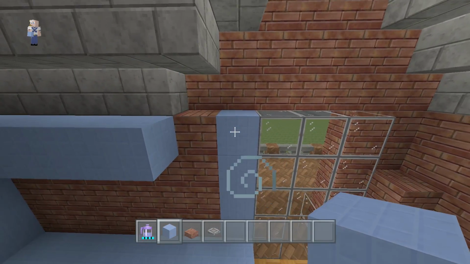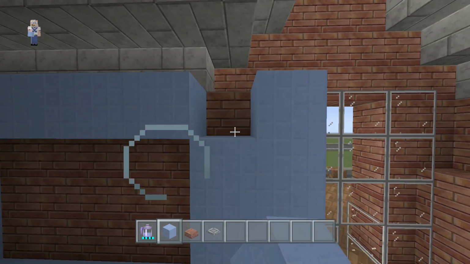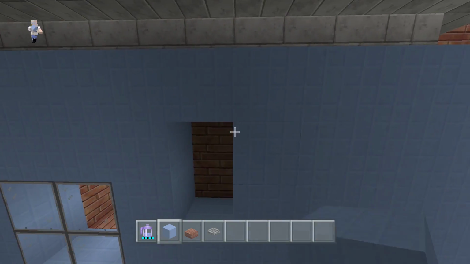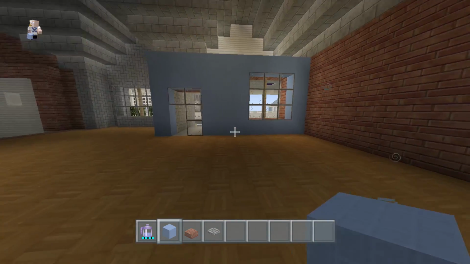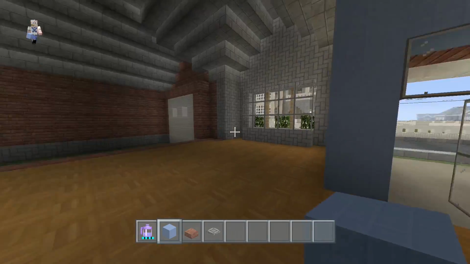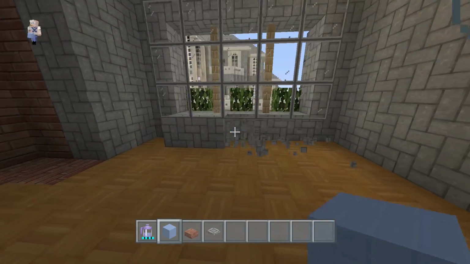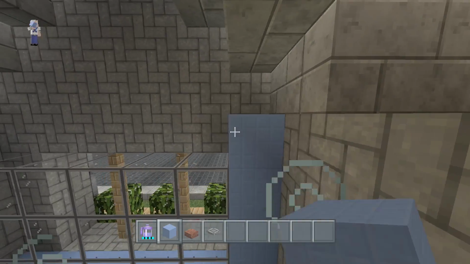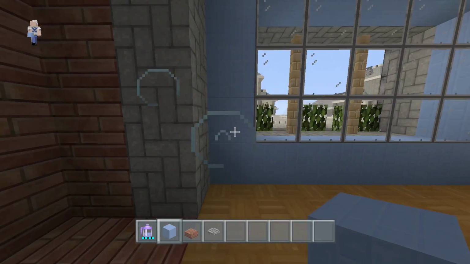And they can stop there. Yeah, I mean, I feel like the light blue will actually open up the room a little bit because it's a light color. Yeah, it actually makes it look like you have a little bit more space. Let's do the same thing over here. A lot of light blue, but hey, at least I'm trying to get better at interior.